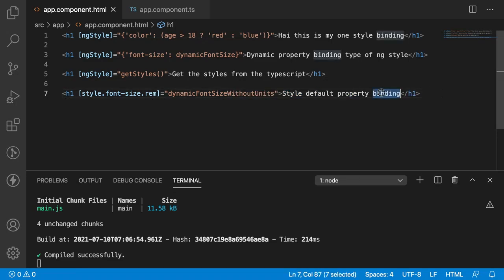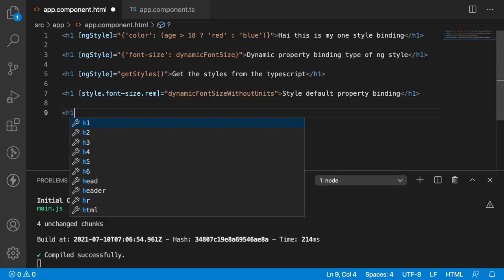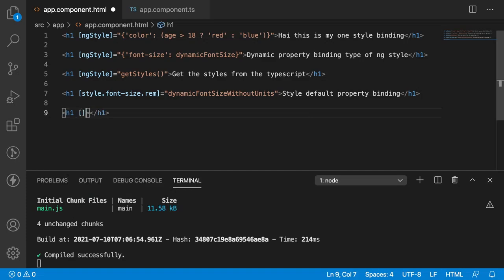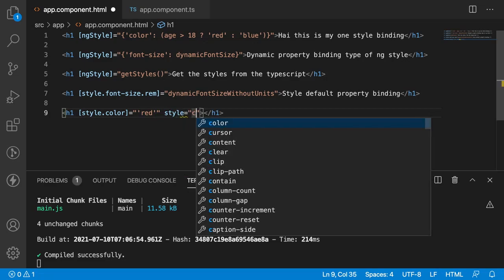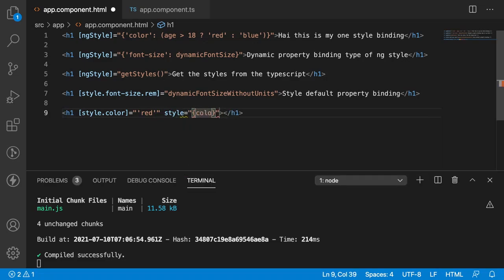And coming to the comparison between our style binding and the normal style property of HTML. H1, so I have something called property binding style dot color equal to, I want to pass it as red color, and I want to pass style equal to, we have an object statement color red. So I have passed a default style red and this color is also the same.